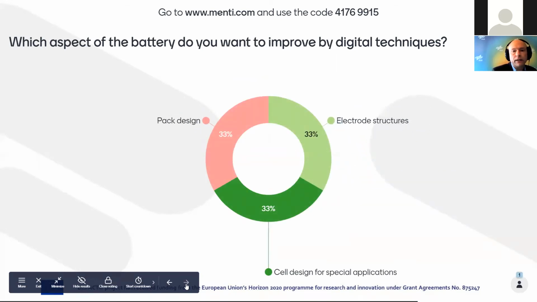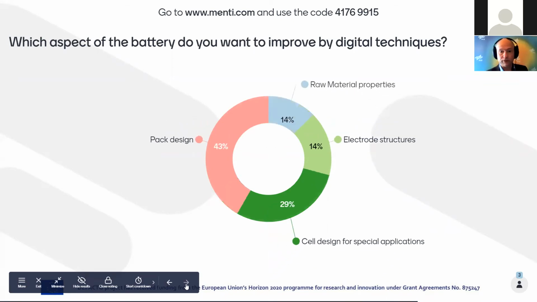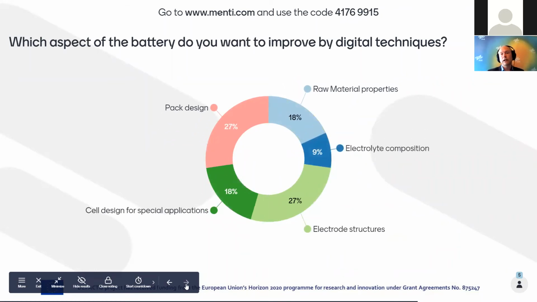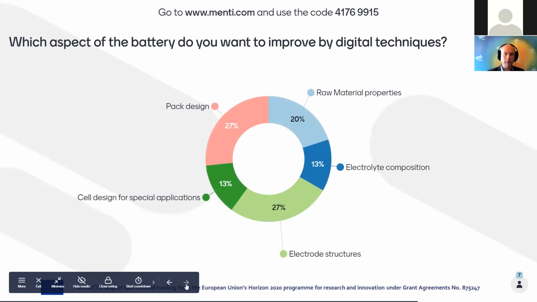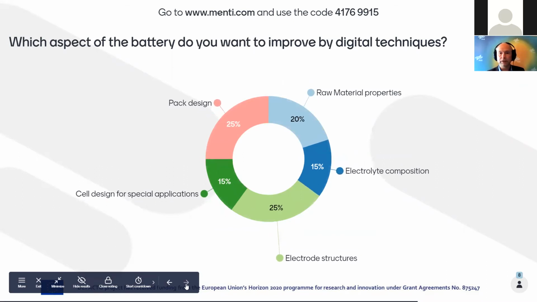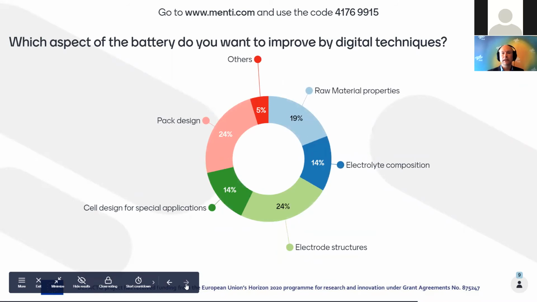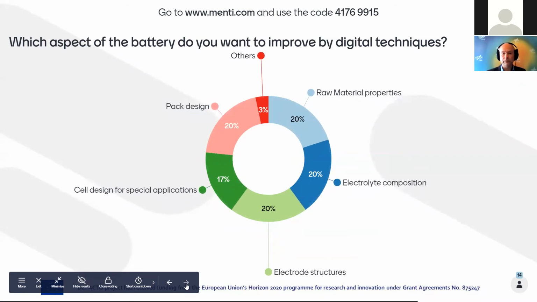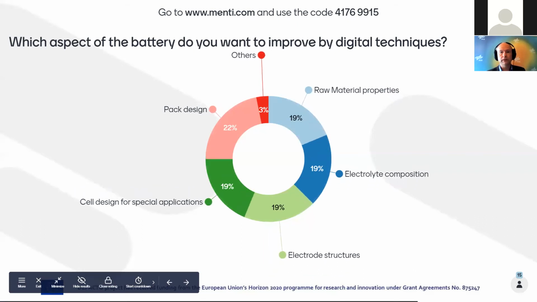Again, this is now very difficult since it's overlapping. So the pack design, okay. Pack design, raw material properties. This would probably mean that you have DFT. For material developers, this is what you have to do. There's no choice actually for that. But if you are just applying batteries, then this might not be the most preferable issue. Electrode structures: this first automotive company was really interested in electrode structures, not just in the cell design. Here we are really equally distributed.